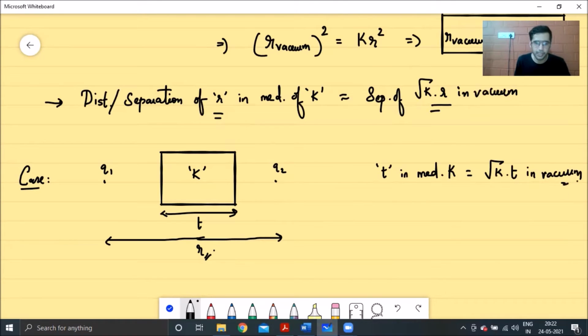A distance of root K into T in vacuum, right? So let me take the distance of Q1 to this slab as X. Let me take the distance from Q2 to this slab as Y. And now we can effectively convert this question